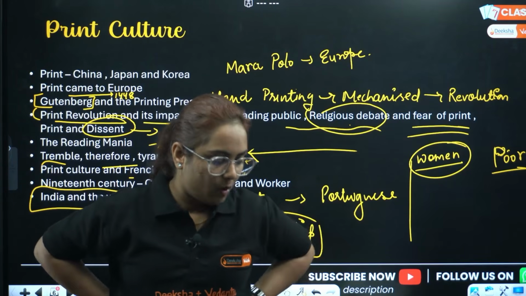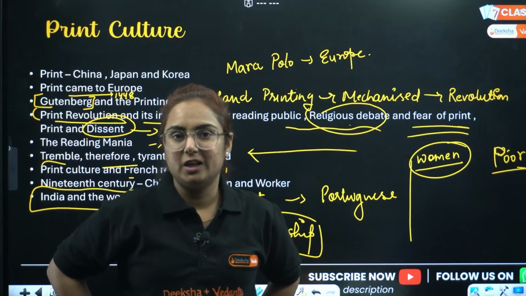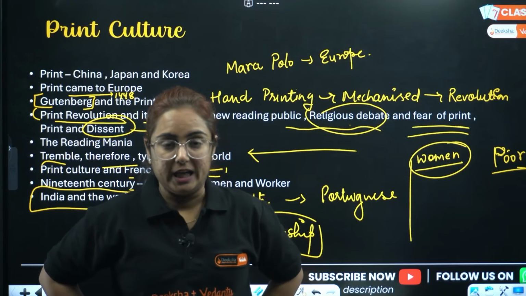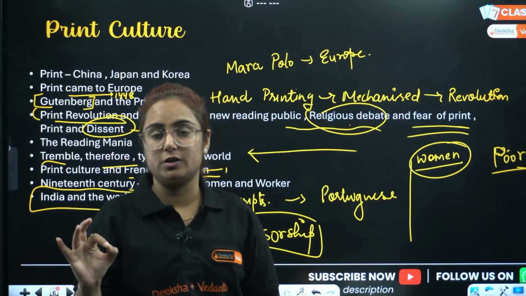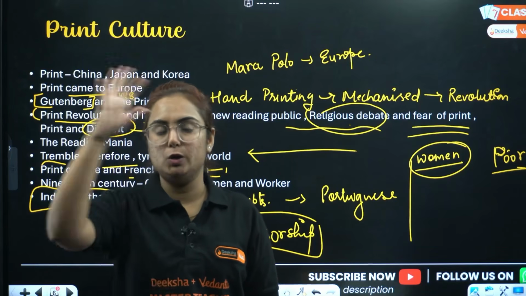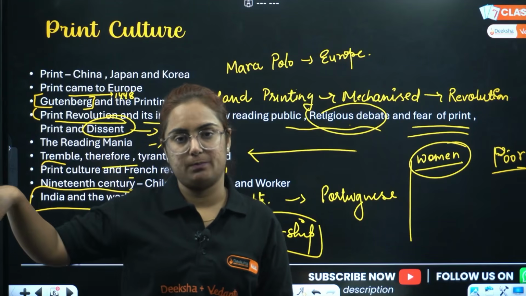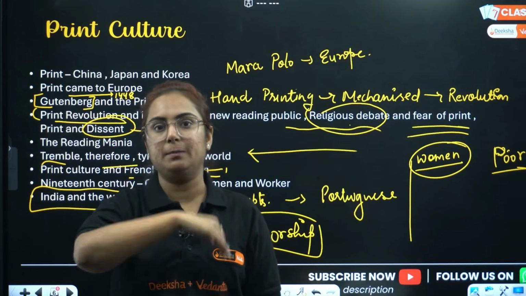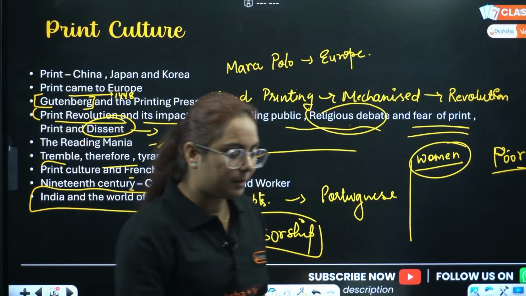Get it? So we know that one of the acts that was passed during that time was the Vernacular Press Act, 1878. Okay, what happened in the Vernacular Press Act? If you print anything against the Britishers, what will happen? First of all, when you are opening a printing press or you have a printing press, you have to submit an amount to the Britishers. And if you wrote something against them, your amount will be seized. After that, your printing press will be seized if you don't stop. So this is how censorship went, and here we complete the first